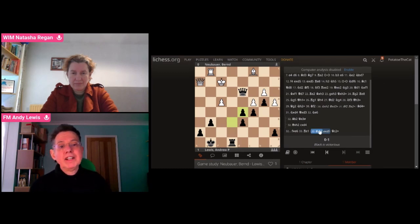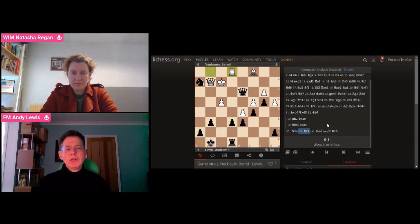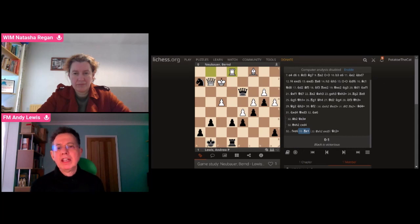So he'd like to play, well, he can think about playing queen takes h2, but he plays a stronger move here. He plays the move rook e1. So what he's saying here basically is that the knight on h2 is trapped, and he wants to use the pin on the e-file to regain an important pawn on e6. Okay, but